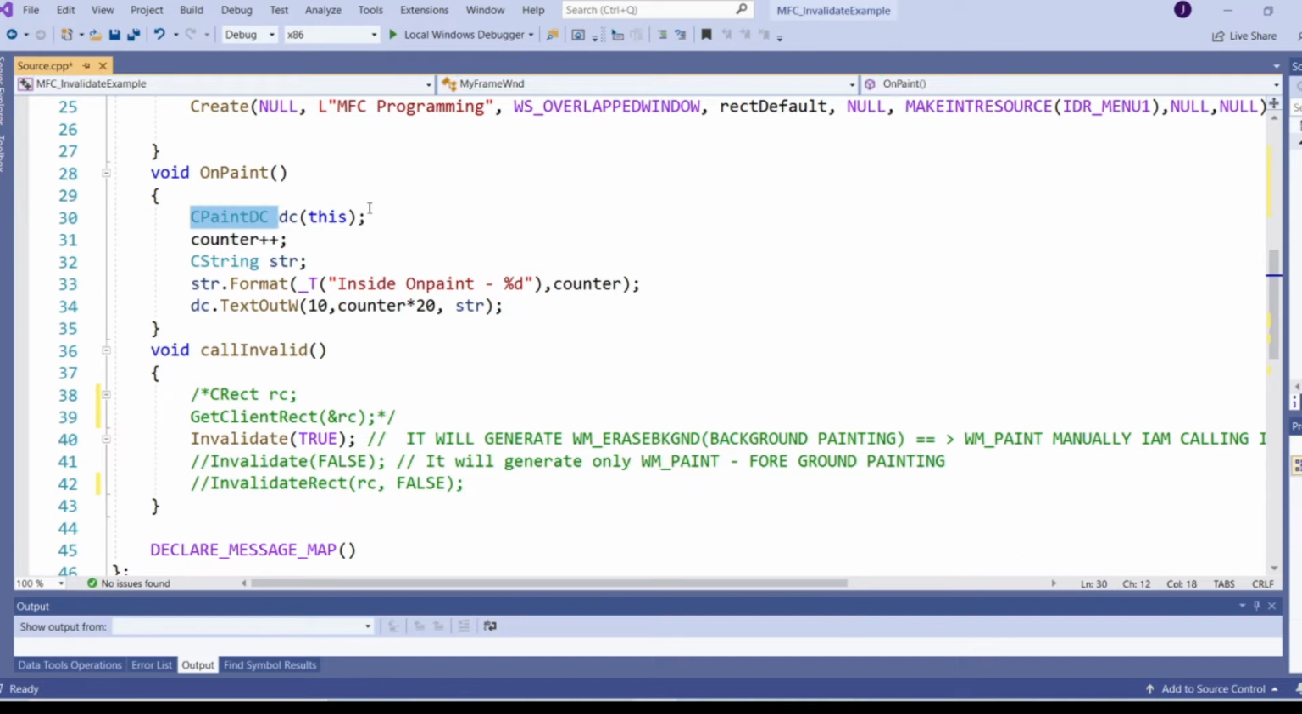which is of type CPaintDC, and I'm creating one counter variable to count how many times OnPaint is generated manually, or how many times the window region is updated. Since this counter variable is of type integer, and TextOut does not accept integer type, here I am converting integer type to string type and passing the value to this TextOut function. So this will print the text in the window,